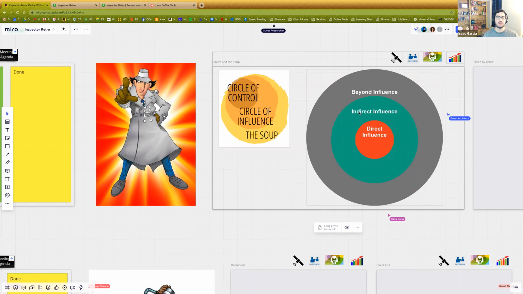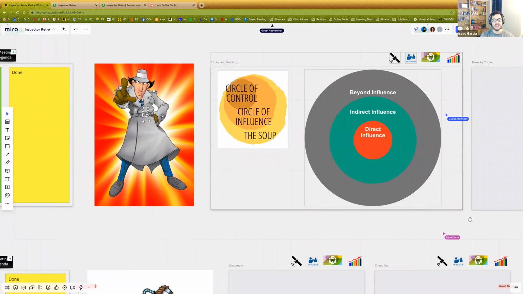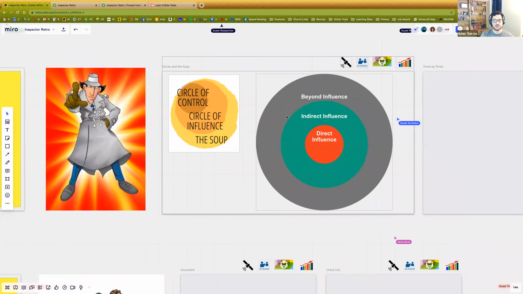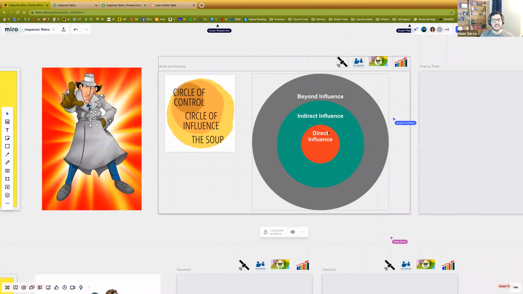And by the way, as your team matures, you should see this direct influence circle growing larger. The team should become more responsible and more trusted, and maybe they get their own credit card, but the team should grow larger, this circle of direct influence, as they mature as a team. Highly effective teams are capable of handling more and more responsibility as they grow and develop. So you want to see this direct influence grow. Use this to help your team.